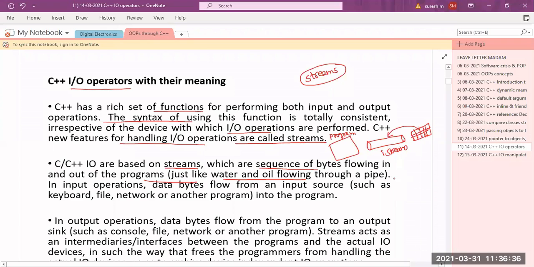In the same manner we have a stream called OStream. So directly I am not interacting with the monitor. If I want to display the data from my program onto the monitor, I am not doing it directly. In between I have this OStream. This is called a sequence of bytes. It's like a buffer. Okay, think of it as memory.